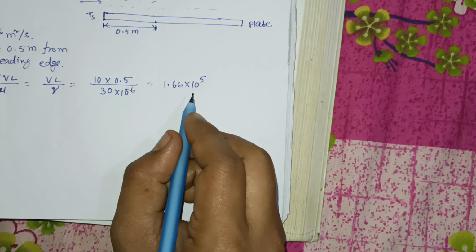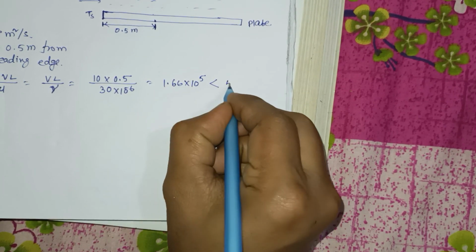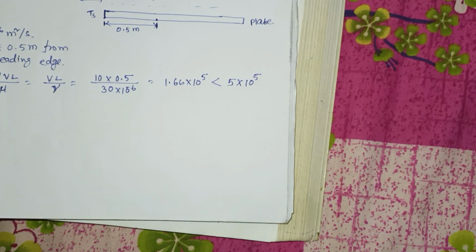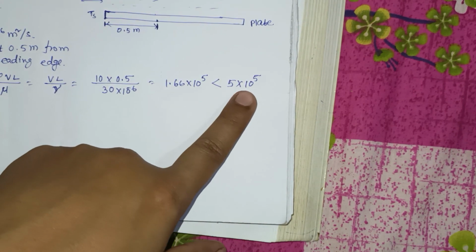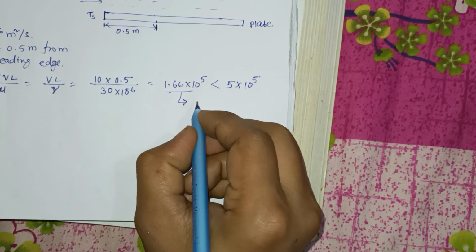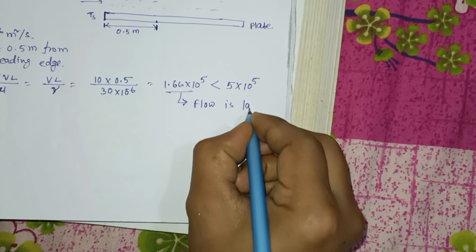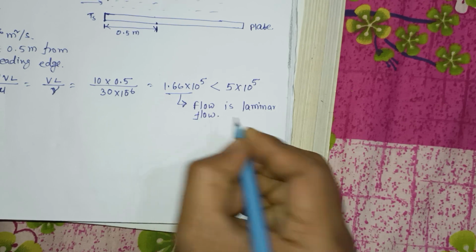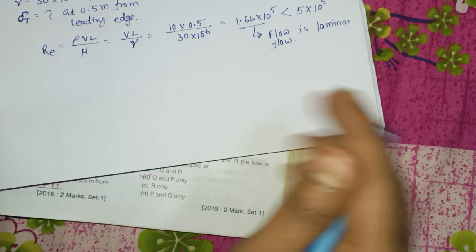But this value is less than 5 into 10 to the power 5, which is the critical Reynolds number. This is less than 5 into 10 to the power 5. So from here you can say that the flow is laminar flow. If this is laminar flow, then